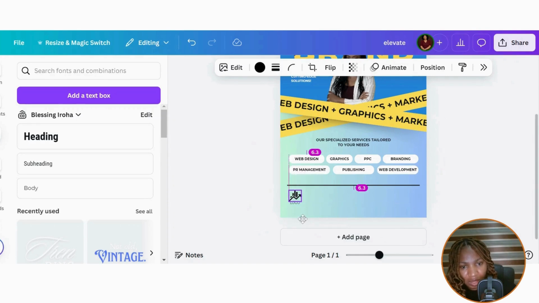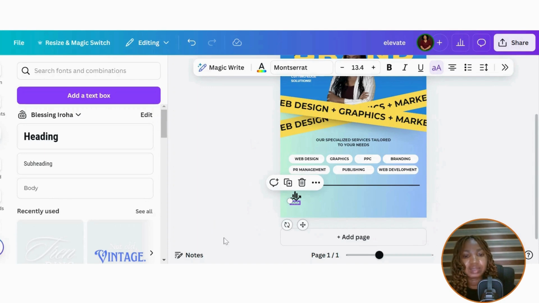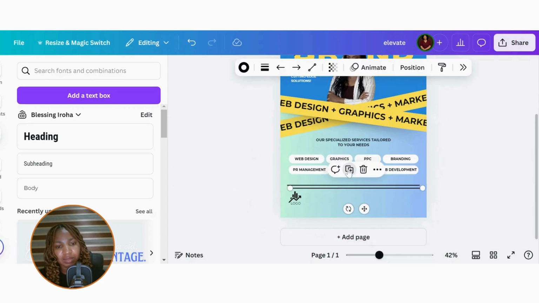So if this were a real project, it should have the real company logo here. So I'm just creating a fictitious logo for our project. So the next thing we need here is another line. We can duplicate this one,